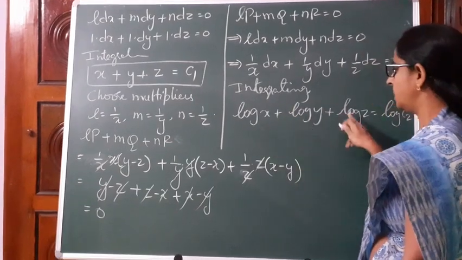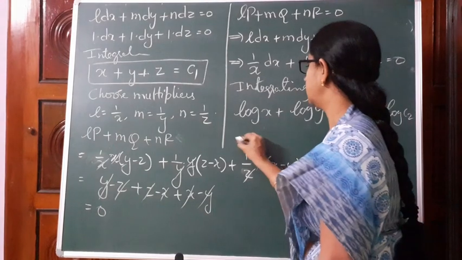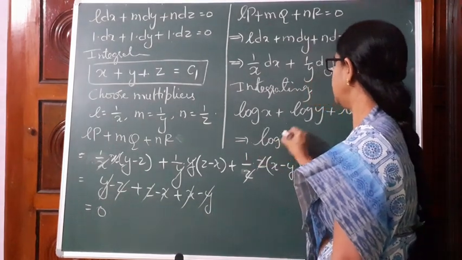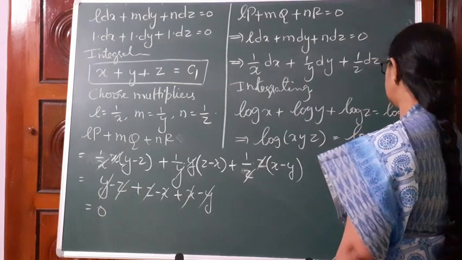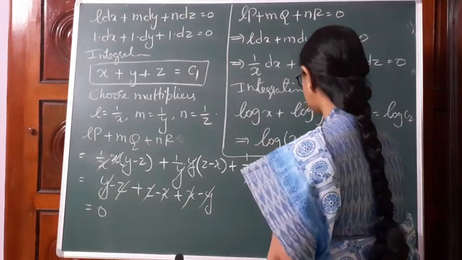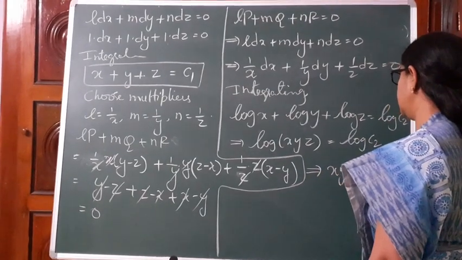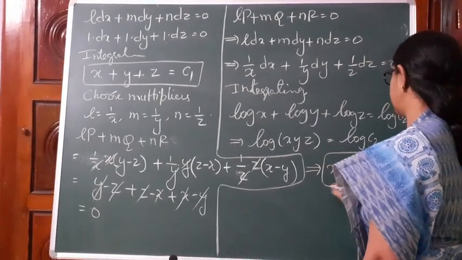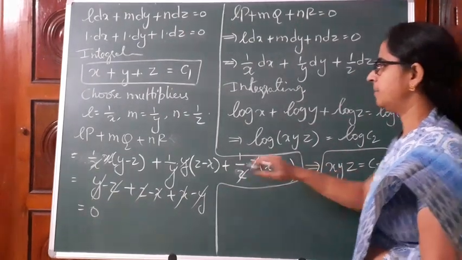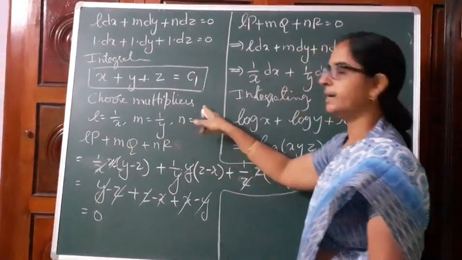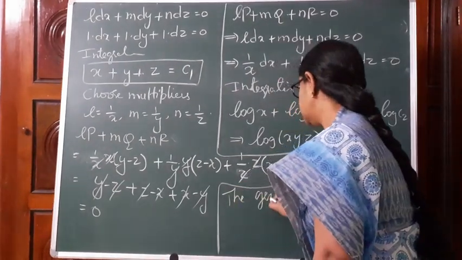Log a plus log b plus log c is log of a, b, c. That is log x, y, z is equal to log c2. This implies x, y, z is equal to c2. This is the second solution, which is obtained with the multipliers 1 by x, 1 by y and 1 by z. Therefore, the general solution is